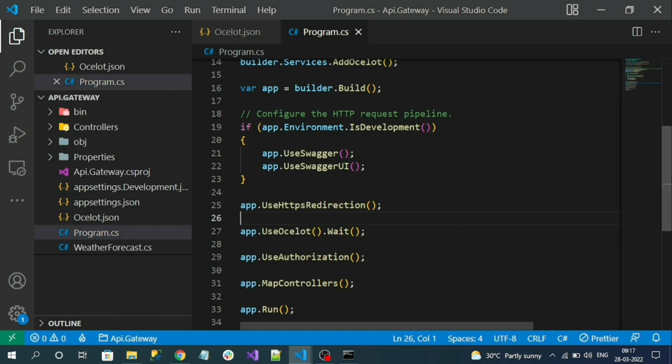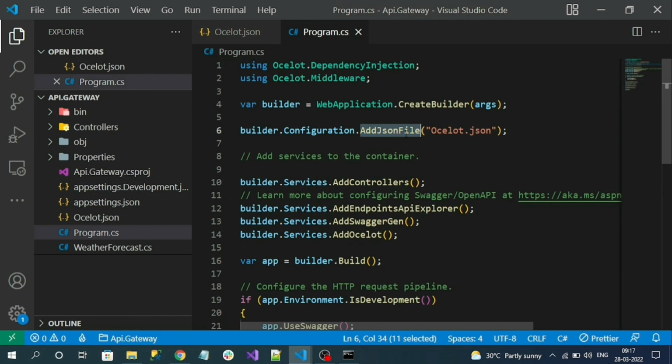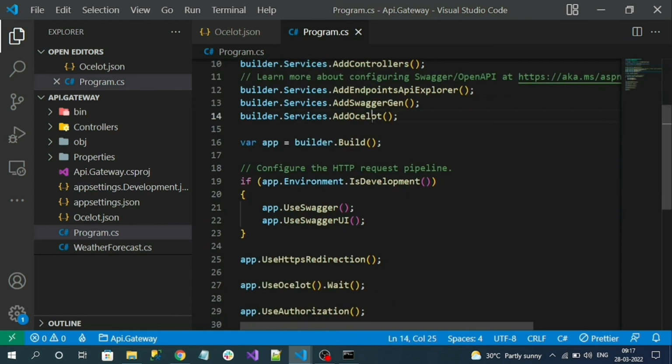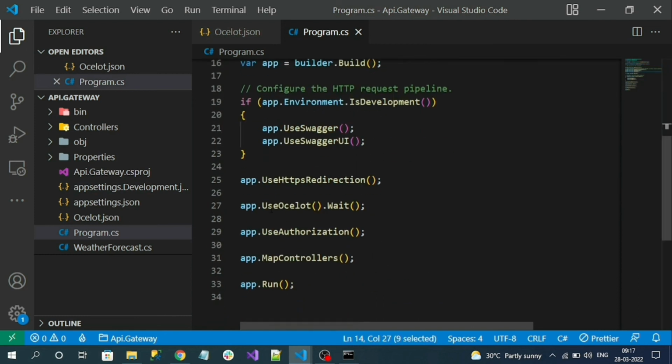So what we did here: we loaded our Ocelot JSON, registered our Ocelot service, and added the Ocelot middleware. That's it. Now, if I run my application,